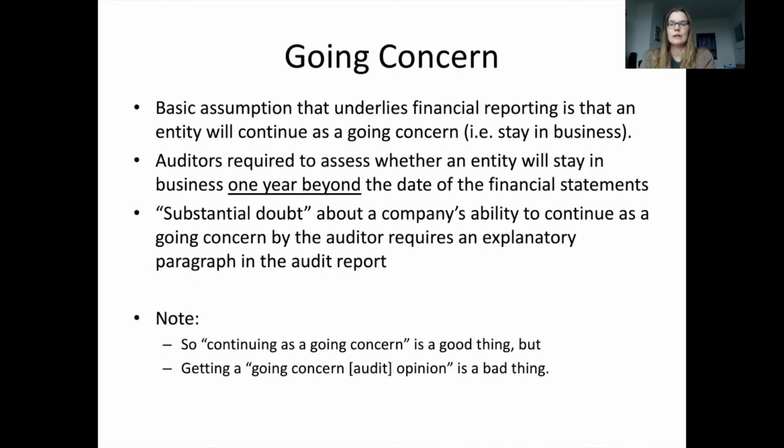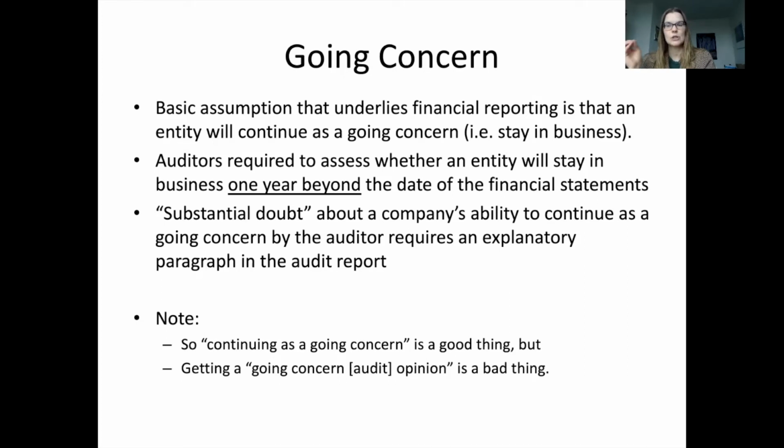And typically, as auditors, we are expected to be able to forecast just for the next year. So in a typical audit opinion, if we don't mention anything about going concerns, it means we expect this company to stay in business for at least the next year, right? There's no danger that this company is going bankrupt.